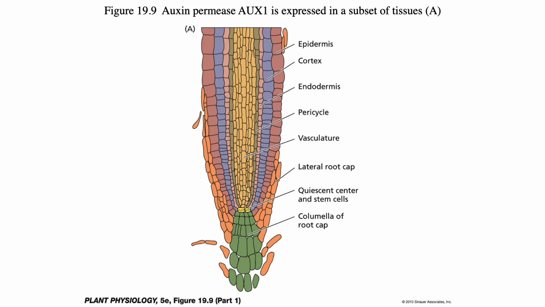To make things more complicated, we now know that auxin is also transported non-polarly in the phloem. It can be used to transport small amounts of auxin out of mature leaves. It is the principal pathway for auxin transport in the roots. The auxin permease AUX1 is expressed in a subset of columella, lateral root cap, and stelar tissues. It is asymmetrically localized on the plasma membrane at the upper end of the protophloem cells. These transporters become important in the root tip for auxin transport. This becomes important for gravitropic responses in roots.